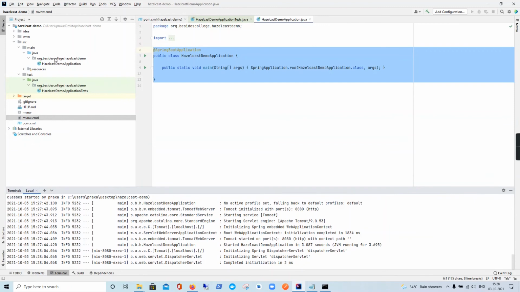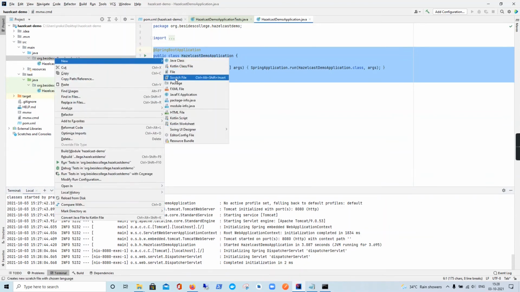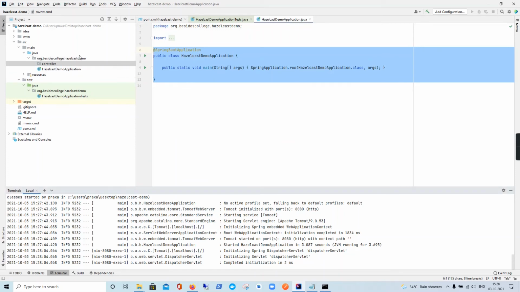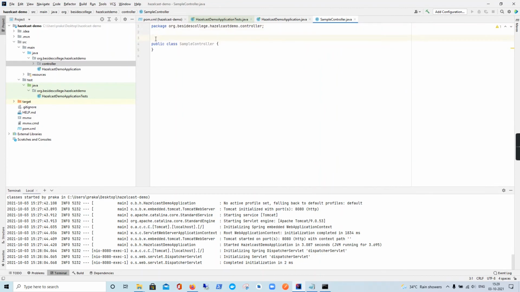So let's quickly create a package where we can create our controllers, and let's name this SampleController. Now we need a way to tell Spring that this is a REST service.